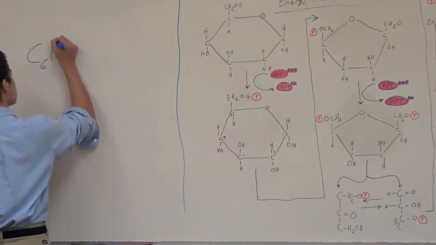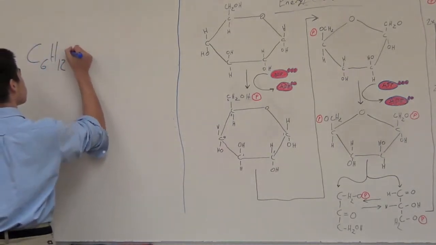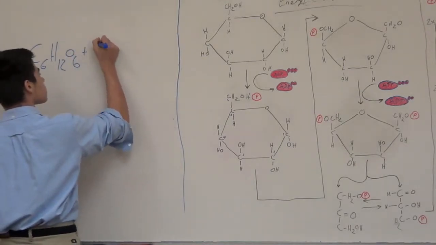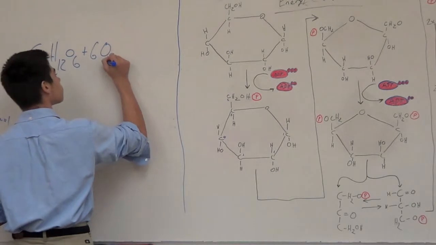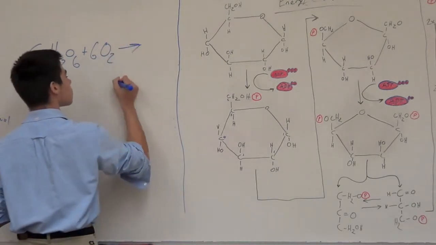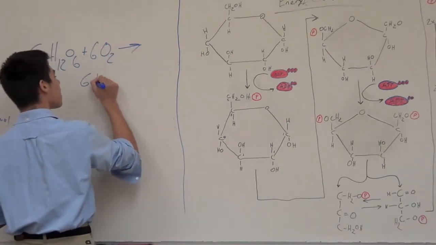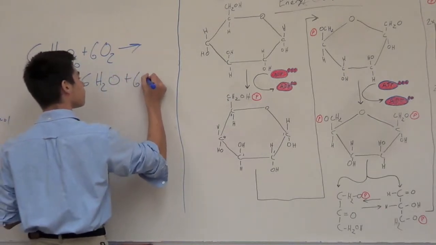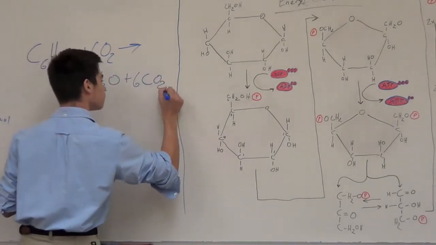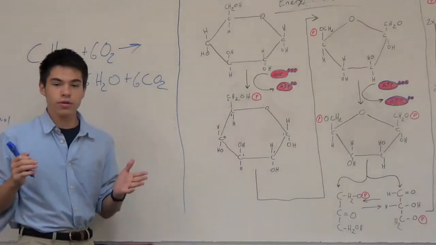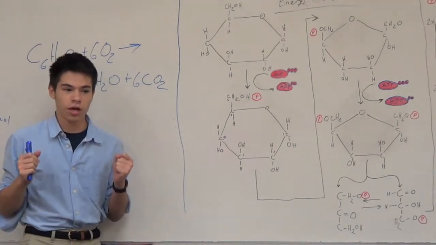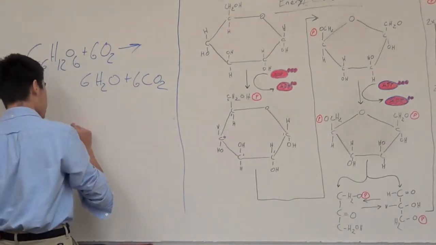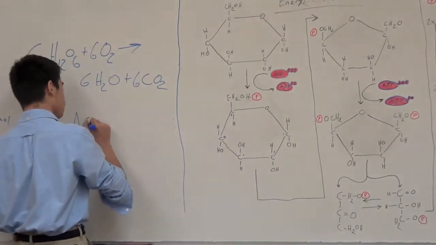C6H12O6 plus 6O2 yields 6H2O and 6CO2. Now, this reaction produces a lot of energy, and it has a Gibbs number, or an energy change, of